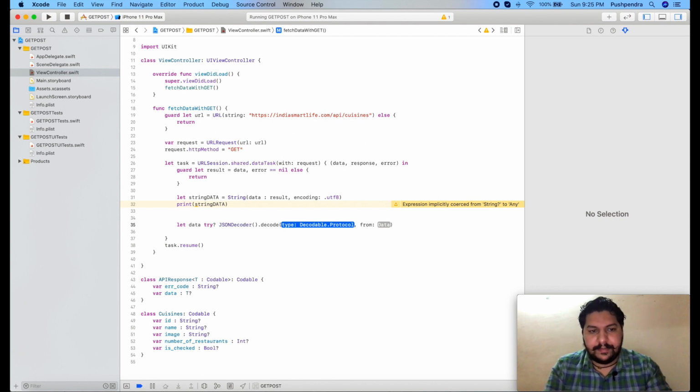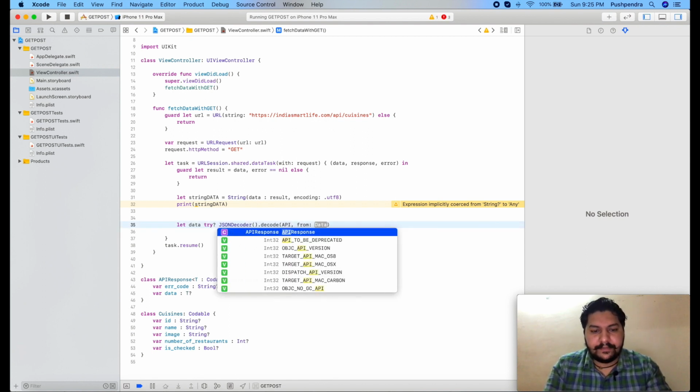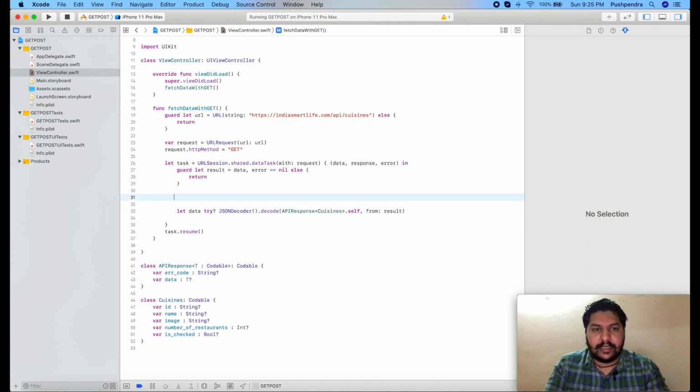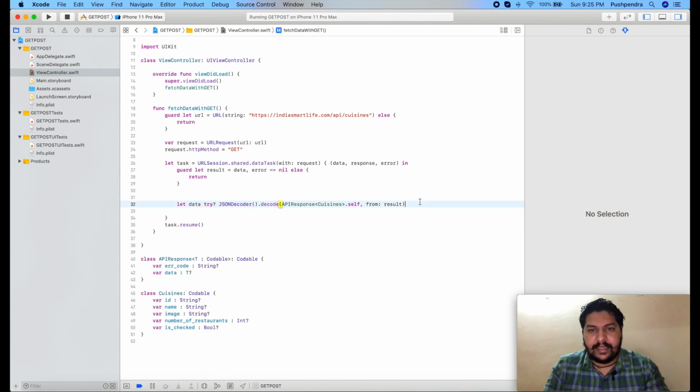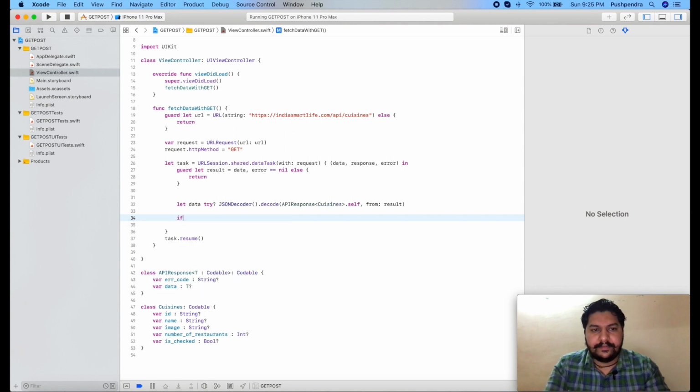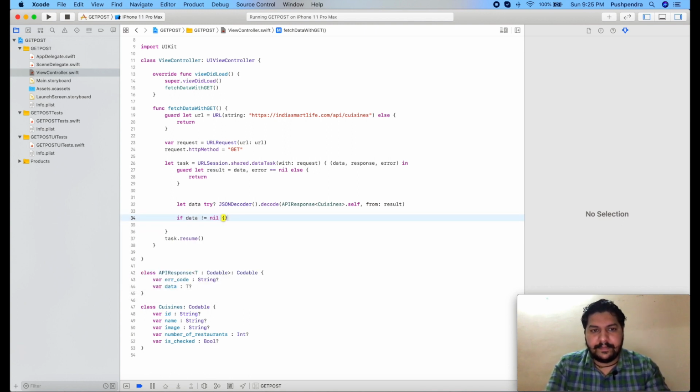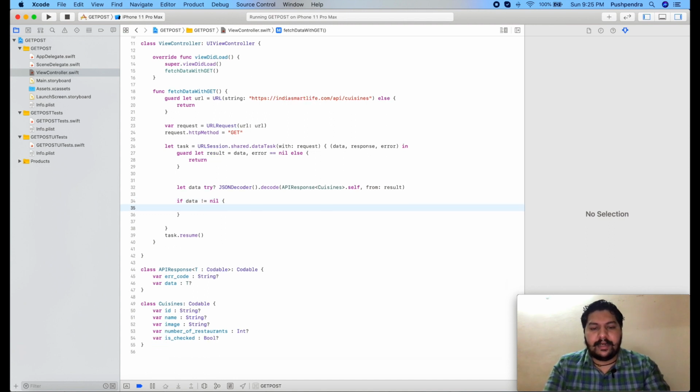So the type is APIResponse, and inside it the type of Cuisines.self. Here the data will be the result. Now we can remove this one, this is not required at all. So finally here we will validate if data is not equal to nil, then here will be our output.